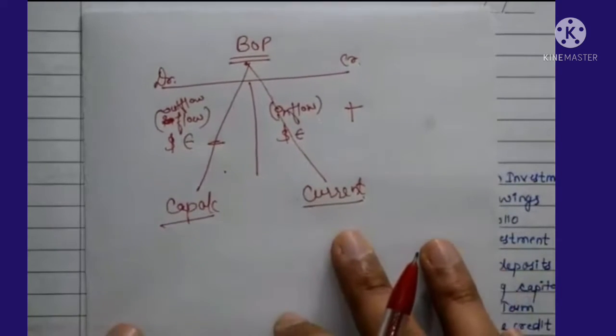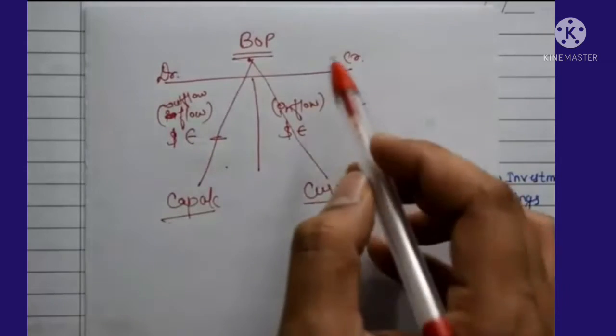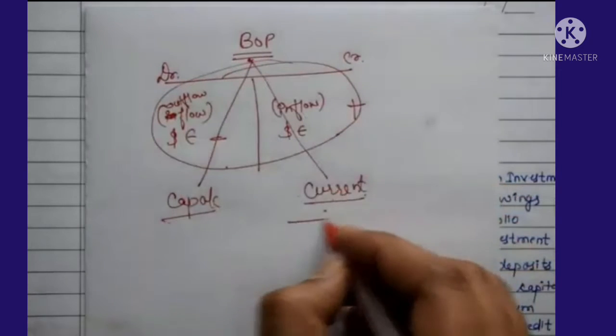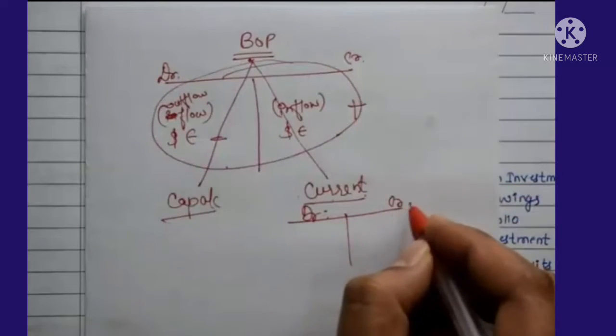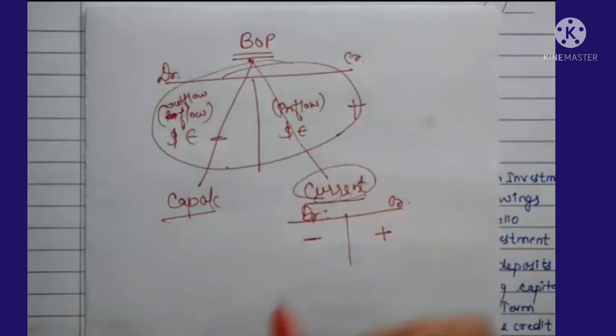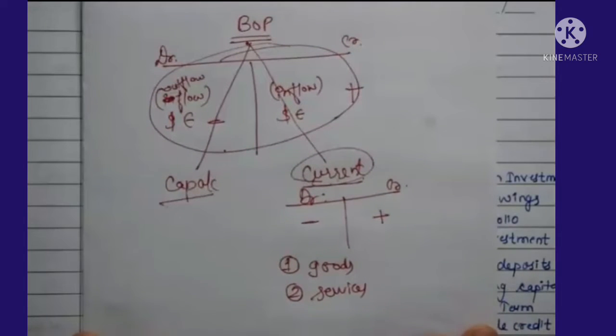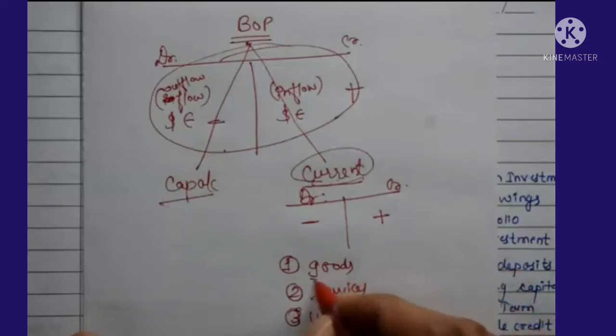Next we can say that current account. Under current account we can say that the current account is the balance of payment record of all transactions between the residents of a country and the rest of the world, which do not cause any change in the asset or liability. So if we are having the up-to-date transaction record, that is known as a current account. So if we are having transactions of goods and services, exports and imports of goods and exports and imports of services, then unilateral transactions and all come under the current account.